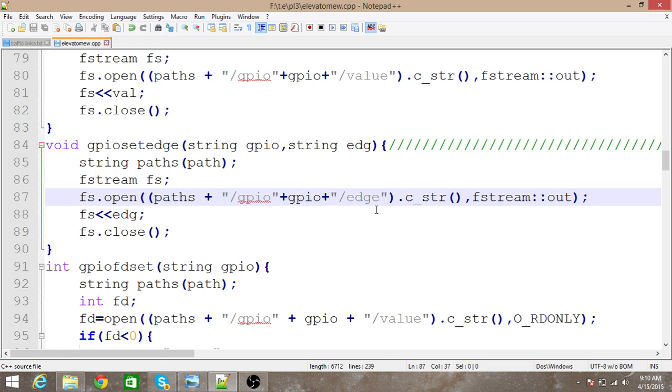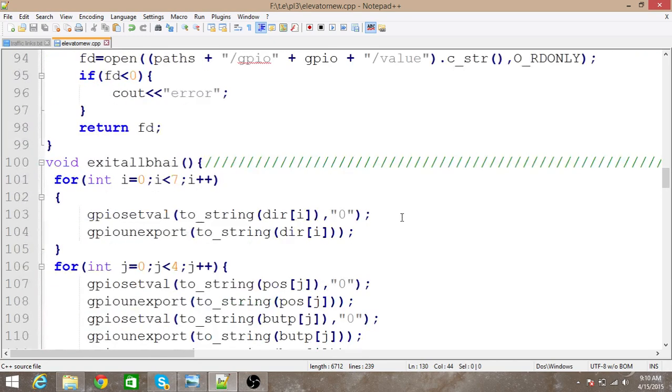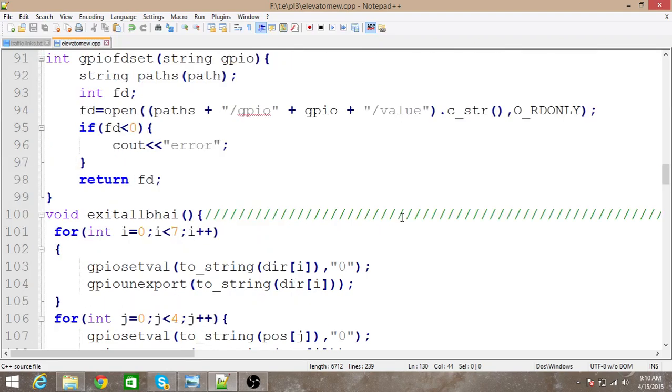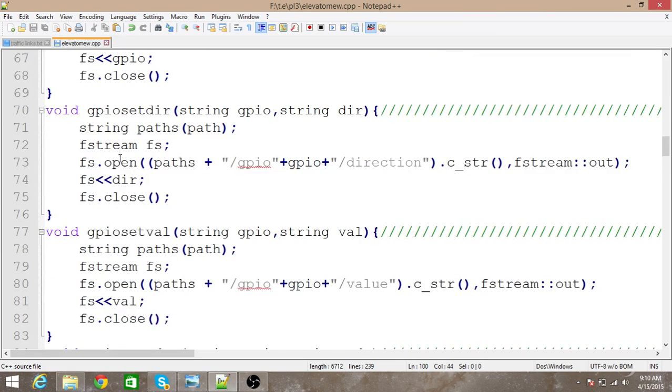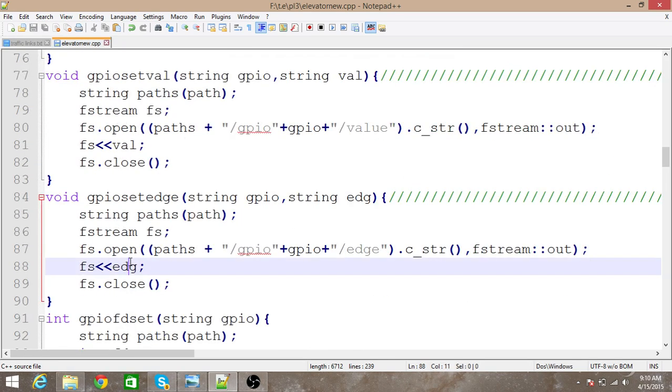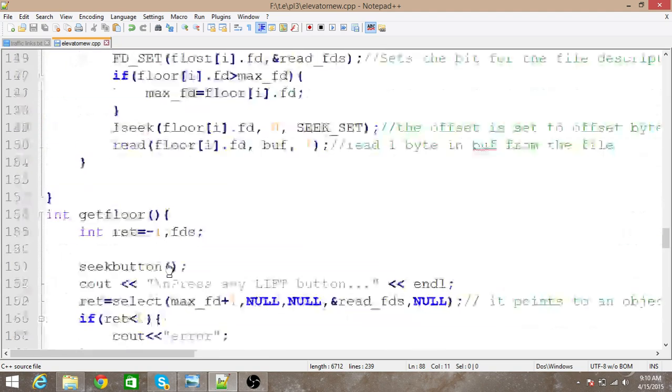So we have passed the argument as falling. So the button will be triggered at the falling edge of the cycle. For that, we have used this function. We set the edge as falling, and then we are closing the file. So after this, it will return to main,